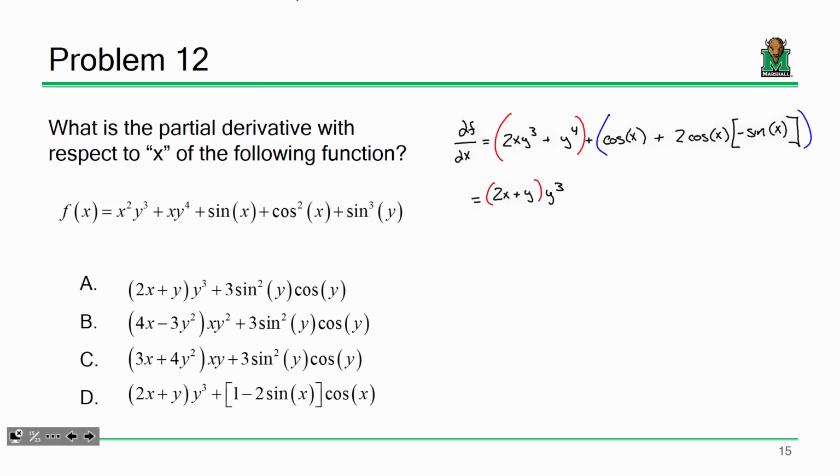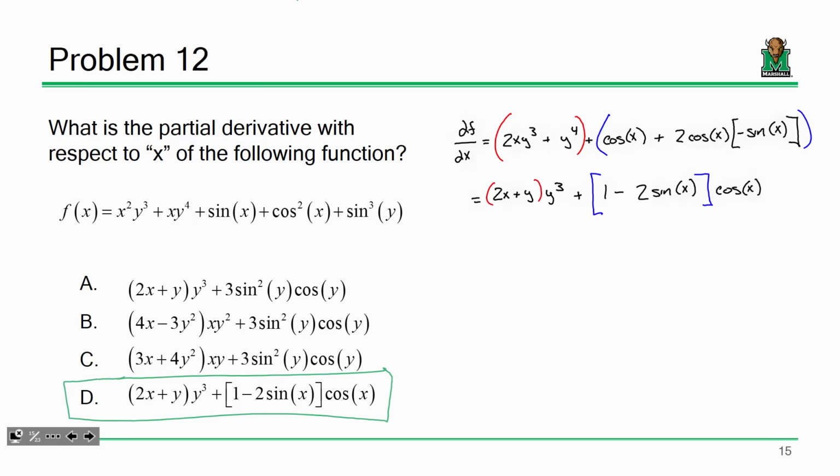And if I factor out the cosine, what am I left with in this first term? 1 minus